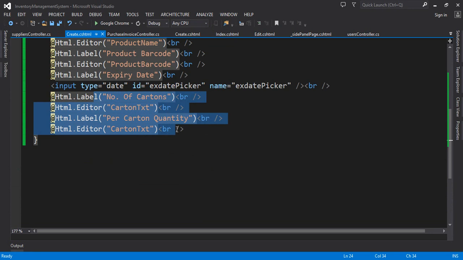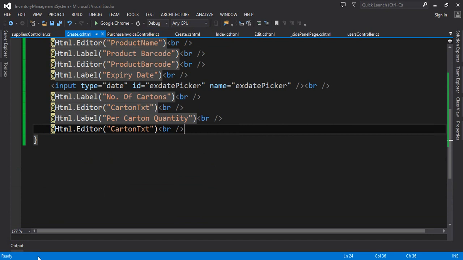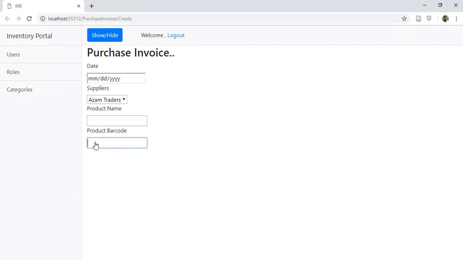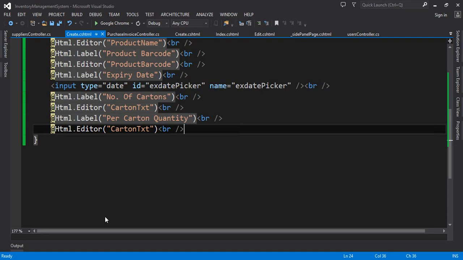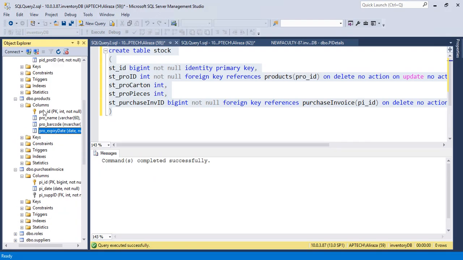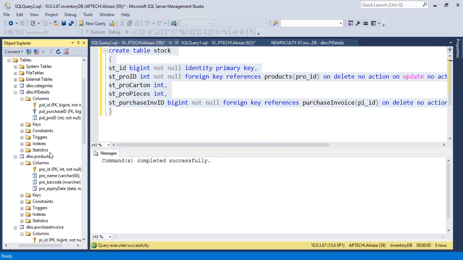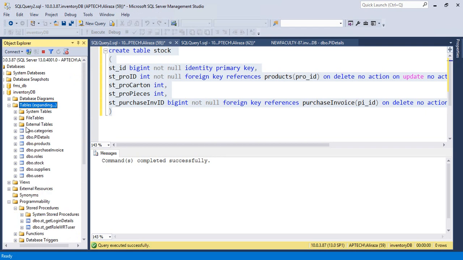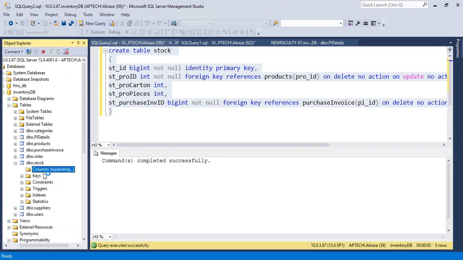Now these two things will go in another table. So look, this one user interface is going to have multiple tables together. Okay, I hope it is clear to everyone. Now moving forward, after adding cartons, what do you have to specify here? Barcode, then number of cartons and pieces, then what do you have to take? Let us go to the database. You have taken barcode, name, expiry date, and refresh your tables. Okay, now we have stock. In the stock table we have taken the product ID, and then we have the carton, pieces, purchase invoice ID, done,